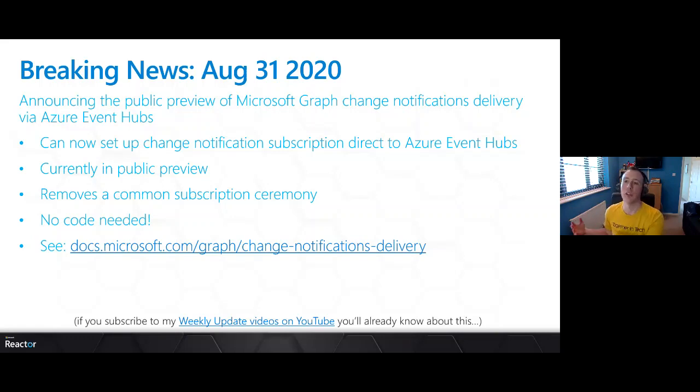So if you've got a solution that is built in Azure in a serverless way, uses Event Hubs, and then from there takes the data, this might be a really nice way of even avoiding having to write any of the subscription code, which is really, really nice. So the link to documentation there. Yeah, that's public preview at the moment, so you shouldn't really use it in production, but it's worth keeping an eye on for when it goes GA, because that might just shortcut a load of development work that you thought you might have to do in order to use change notifications.